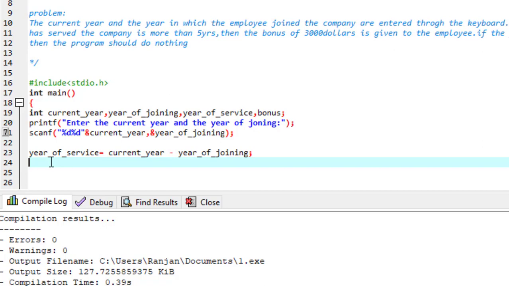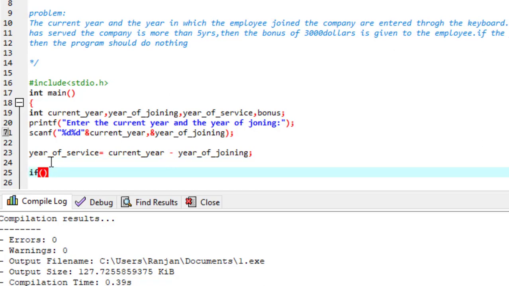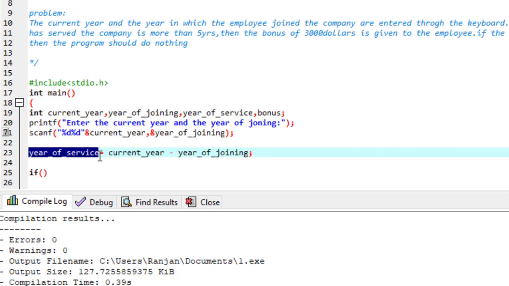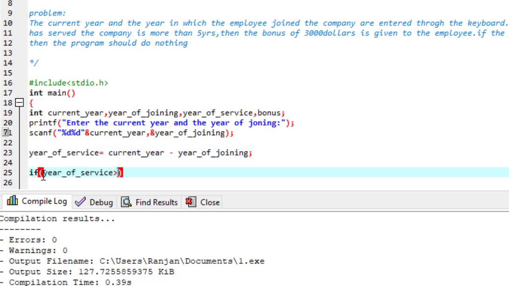Now we are going to use the if condition. In this parenthesis we have to pass the condition according to the syntax. So what is the condition? If this year of service is greater than 5. Why greater than 5? That is what it says, right? If someone has served more than 5 years, meaning that this year of service is greater than 5,